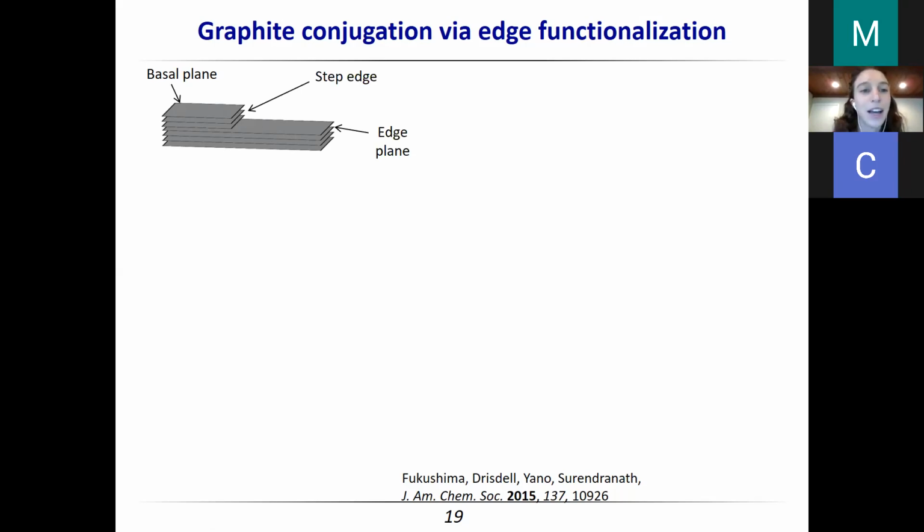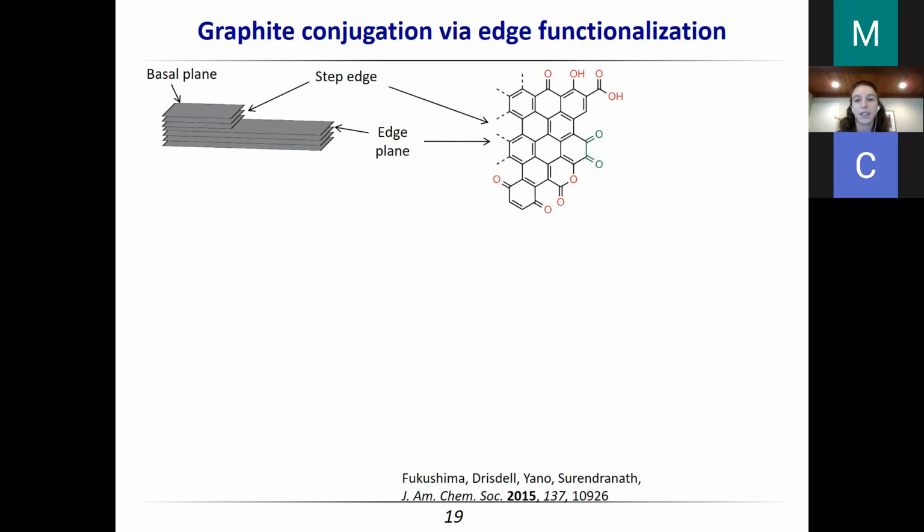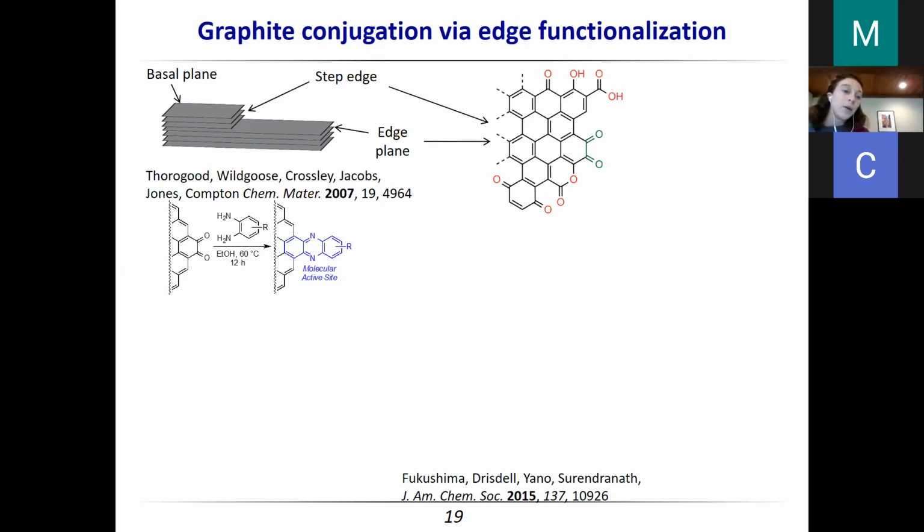And if we zoom in on the edges of each of these graphite sheets, we see a lot of oxygenic functional groups that are familiar to us from organic chemistry. So we have alcohols, we have carboxylic acids, orthoquinones, ketones, lactones. So we saw this as an opportunity of, hey, we know what to do with these types of groups from organic chemistry. Why don't we just treat the graphite electrode like a giant molecule and do chemistry at these sites? So we found that when we take these graphitic carbons and soak them in solutions with diamines overnight, we can form these aromatic pyrazine type linkages.